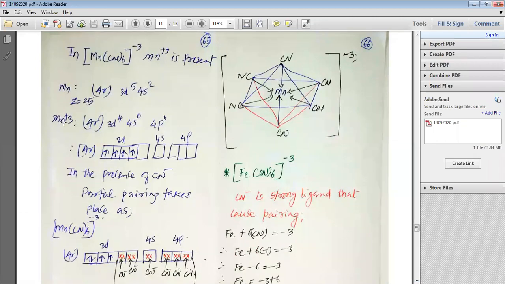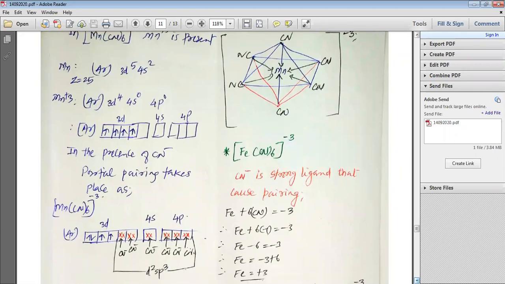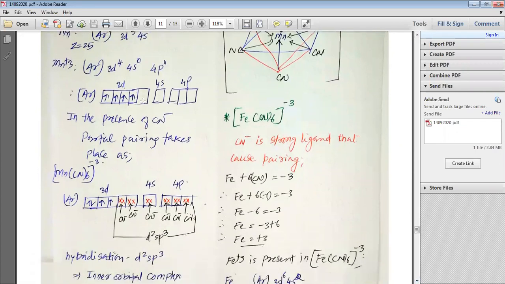Mn plus 3 turns, then 2 electrons from 4s and 1 electron from 3d are removed, so it is argon 3d4 4s0 4p0. My dear students, here this is even a special case where the presence of CN minus ligand causes pairing, but the pairing is not complete pairing, it is a partial pairing. So when Mn(CN)6 minus 3 is formed, you can see that out of 4 unpaired electrons, only 2 electrons have been paired, and 2 electrons remain unpaired, and then using the